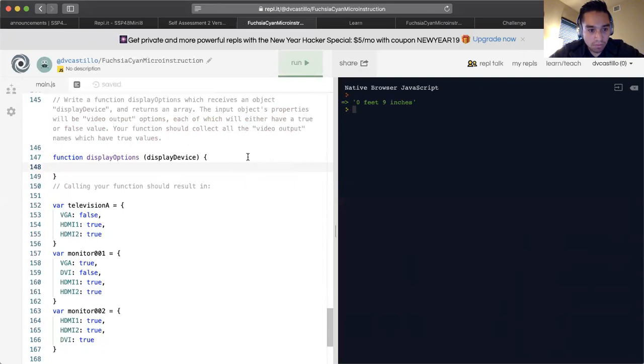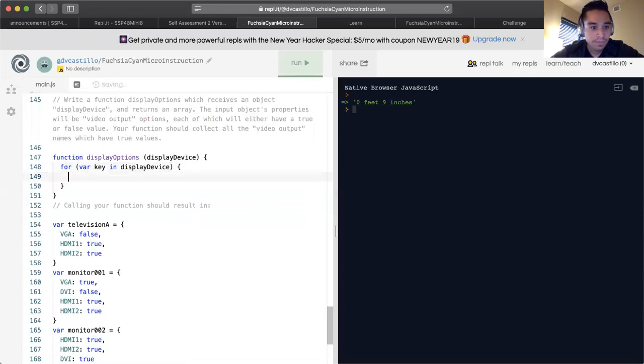So for keys, for var key in displayDevice, for key in displayDevice, if